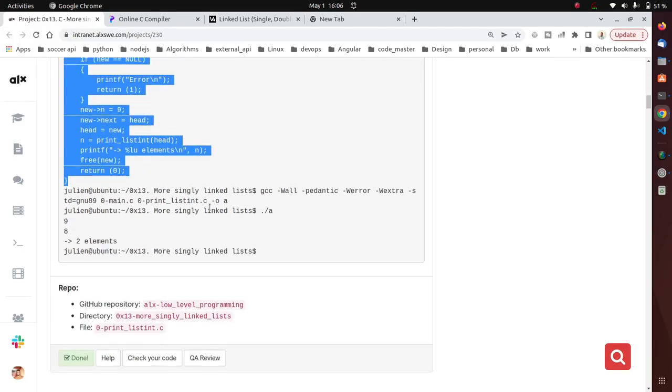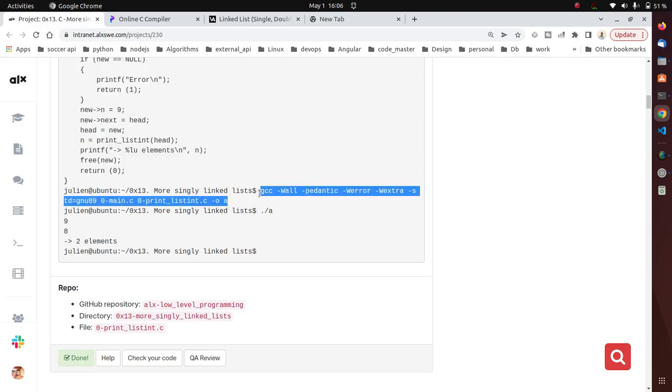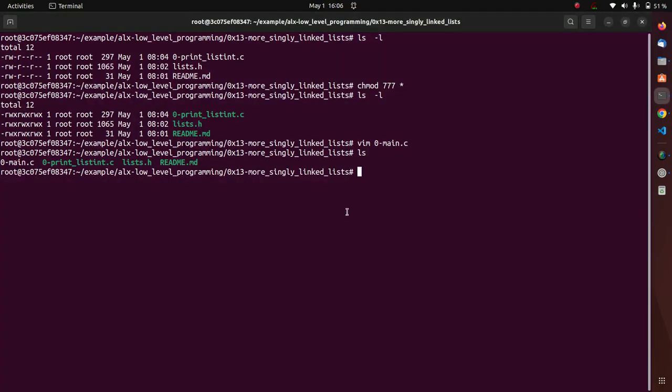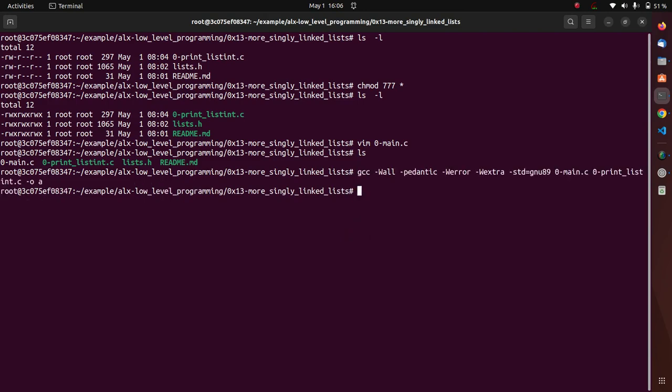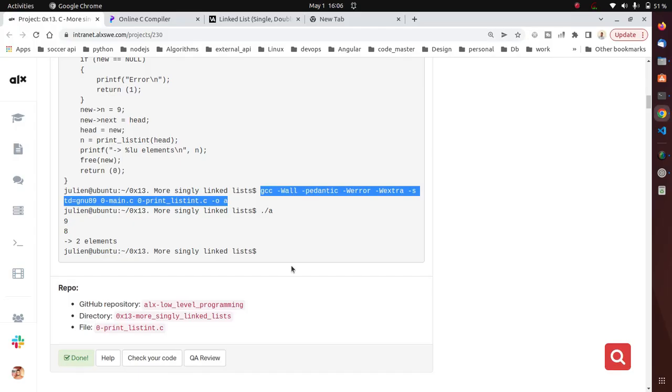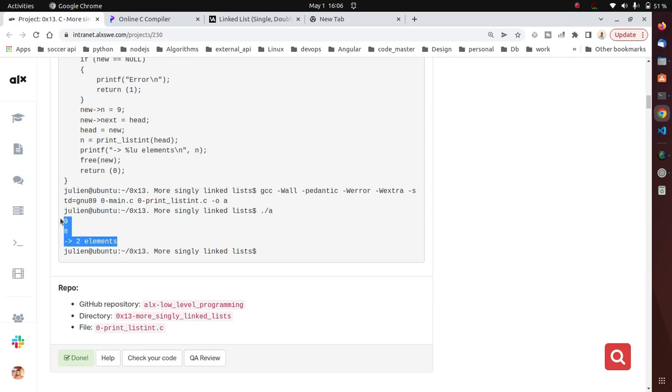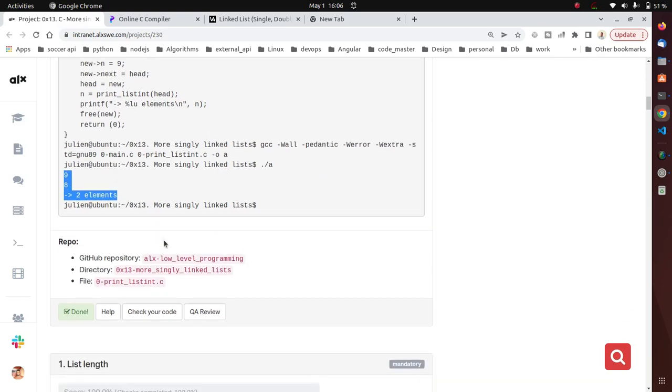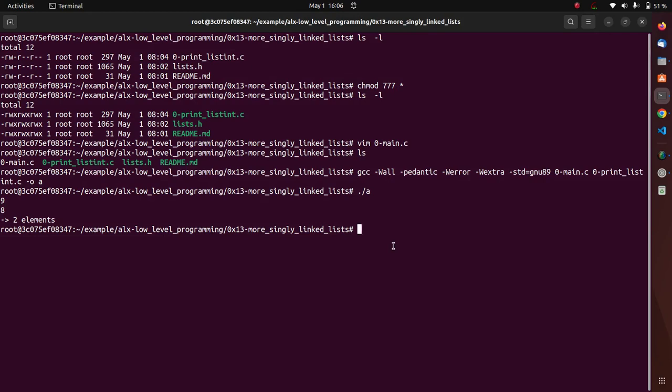So next thing is to copy this command. So let me copy that. I'm going to copy the gcc command, then run this program. So if you run and there's no error, you should know everything is good. And the next thing you want to do is to test your output to see if you have the same results. So you can see mine is 98 and 2 elements. You can see basically I have the same result. And next thing you want to do is to do your git push. So this is just only one example. I think it is okay for this